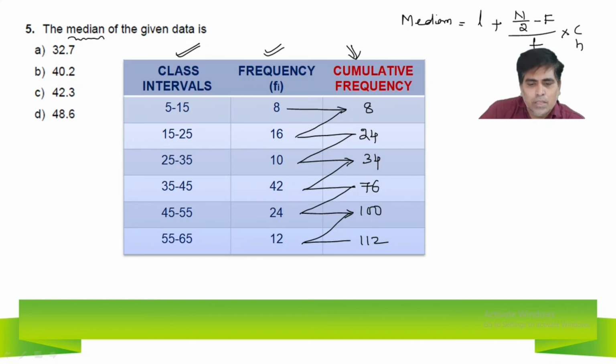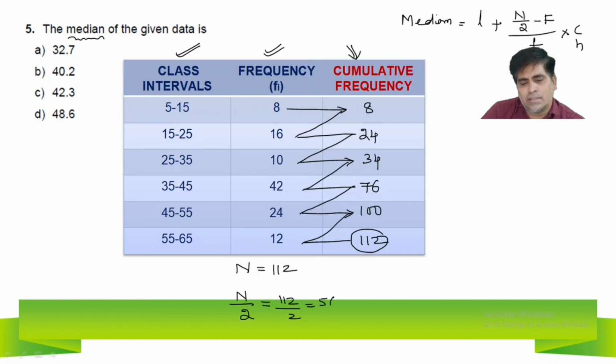Next, I can write here n. N is nothing but the total number of frequency, and this value will give the total number of frequency, that is 112. And calculate n by 2. This is very important. N by 2 value is how much? 112 by 2, that is nothing but 56. So based on this n by 2 value 56, we have to find out the median